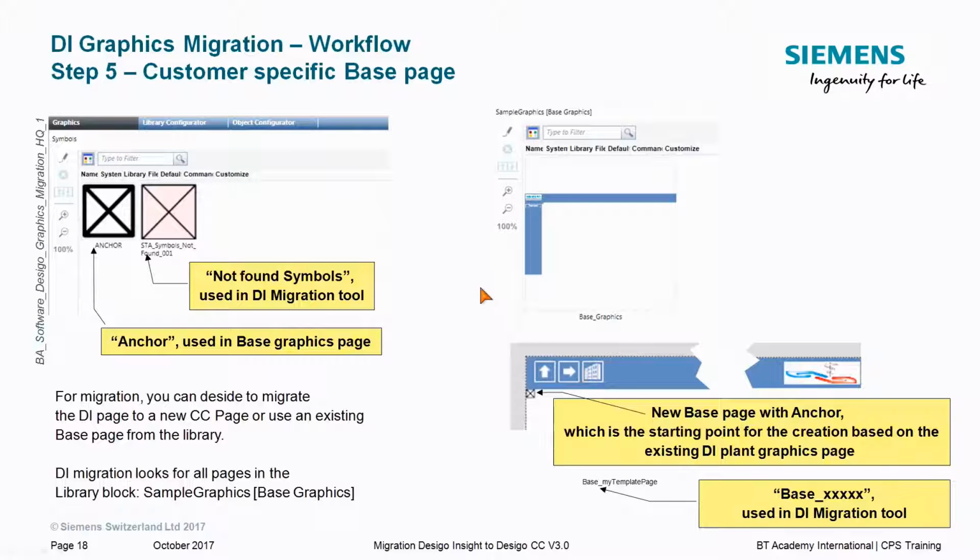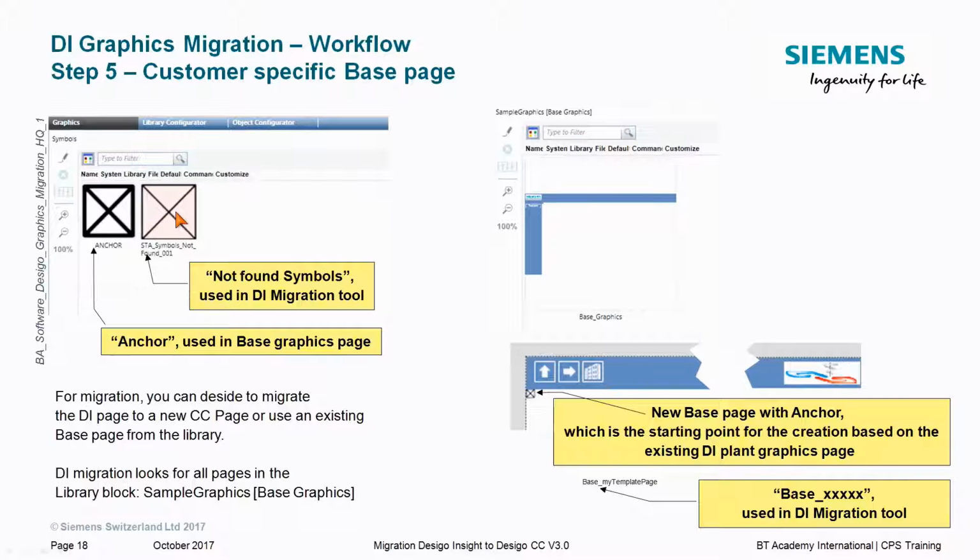One symbol is when you're using the migration tool, okay, and during the conversion, during the mapping table, if a symbol is not found, then you will find this symbol here. Okay, this means that not found symbols, you know, when you're migrating when you do the graphics migration, and for